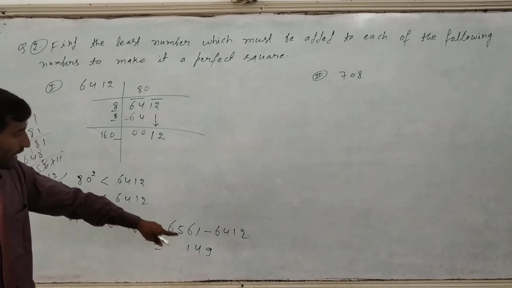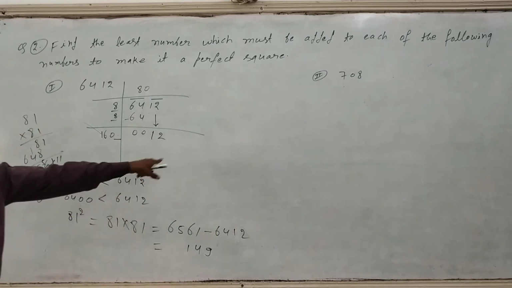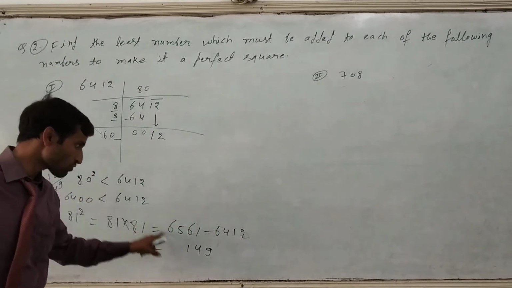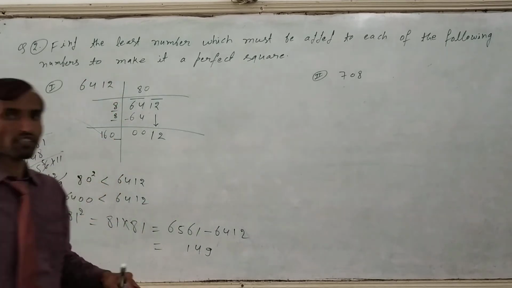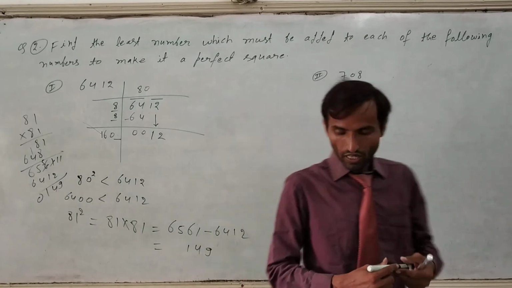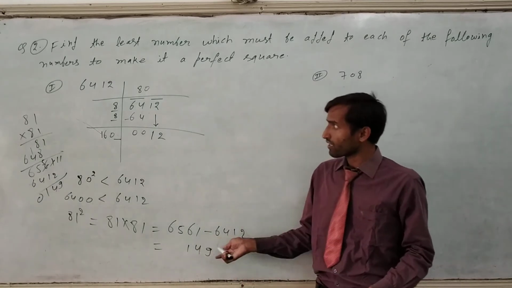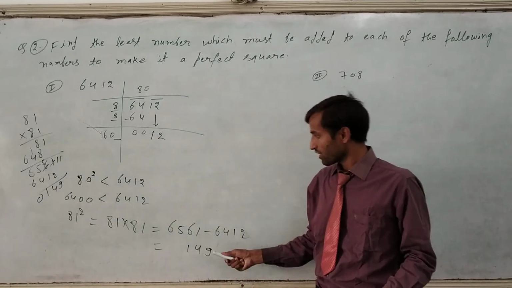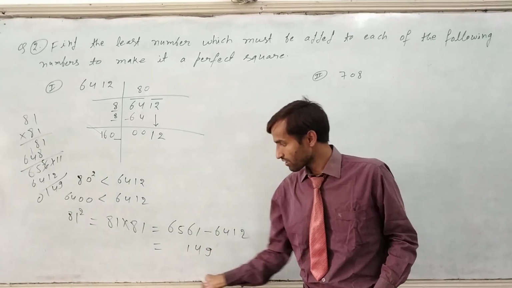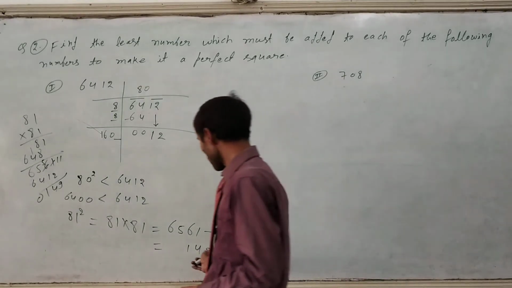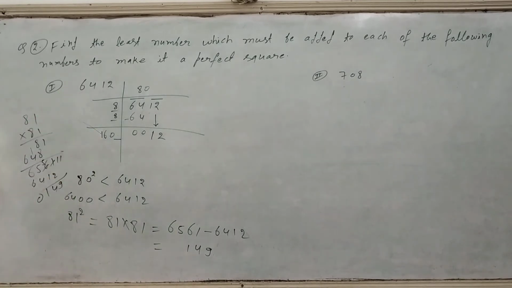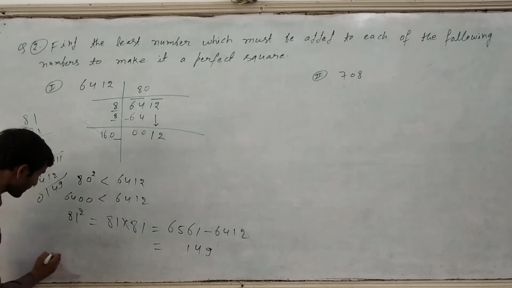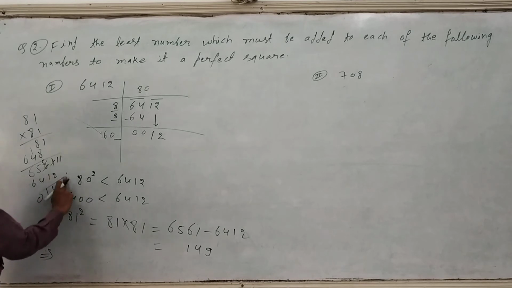Means if you add this number to this number, then this number will come. Means it is a perfect square number. So the nearest perfect square number is 6561. In that we have to subtract whatever required number is given in the question, then it will come as the required addition. So this number will be added to this number, then it will be a perfect square number. So finally you have to write down your statement.